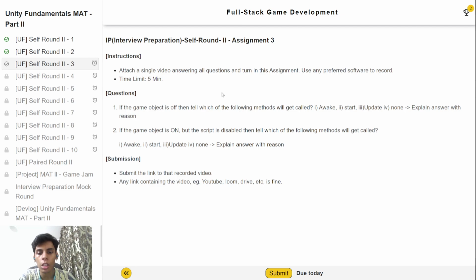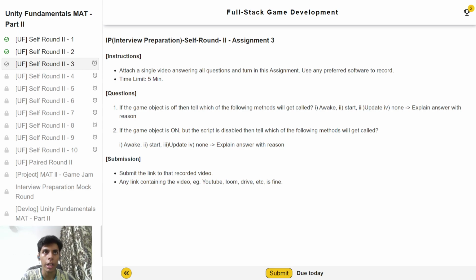So in the first case, when the game object is off, or the game object is disabled, then none of the methods will be called, because the Awake method is only called when the script instance is being loaded in the scene. The Start method is called